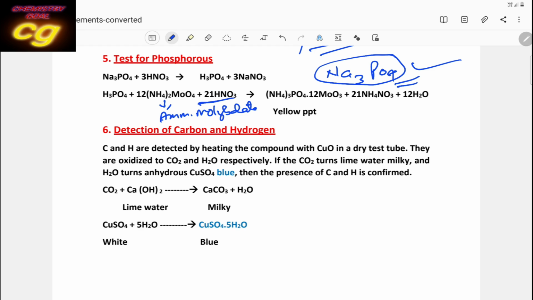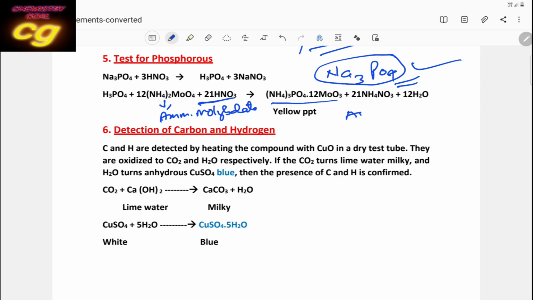When nitric acid is added, you take Lassaigne's extract, then add ammonium molybdate solution, then nitric acid, or you can take nitric acid then followed by ammonium molybdate, then a yellow precipitate of